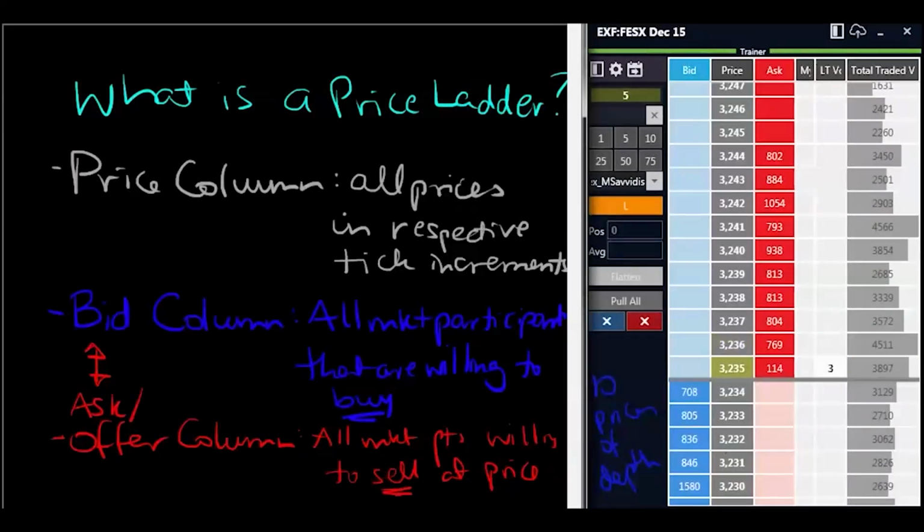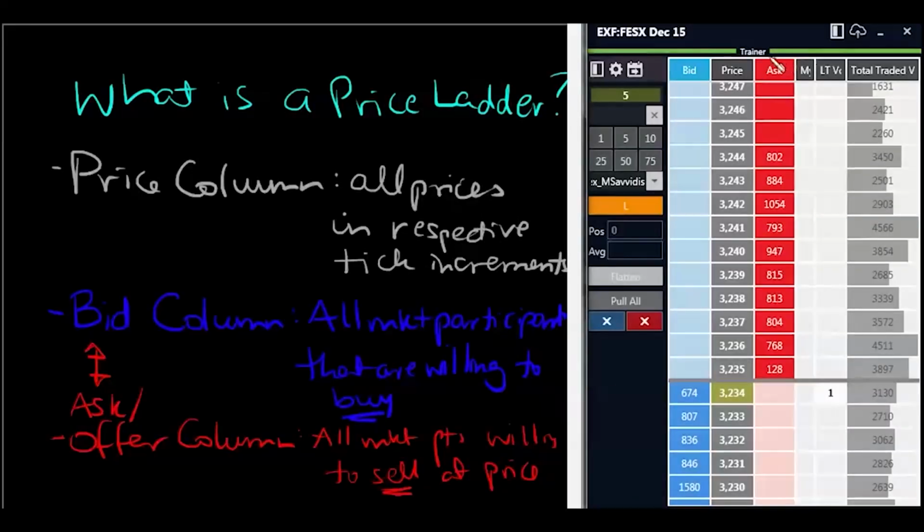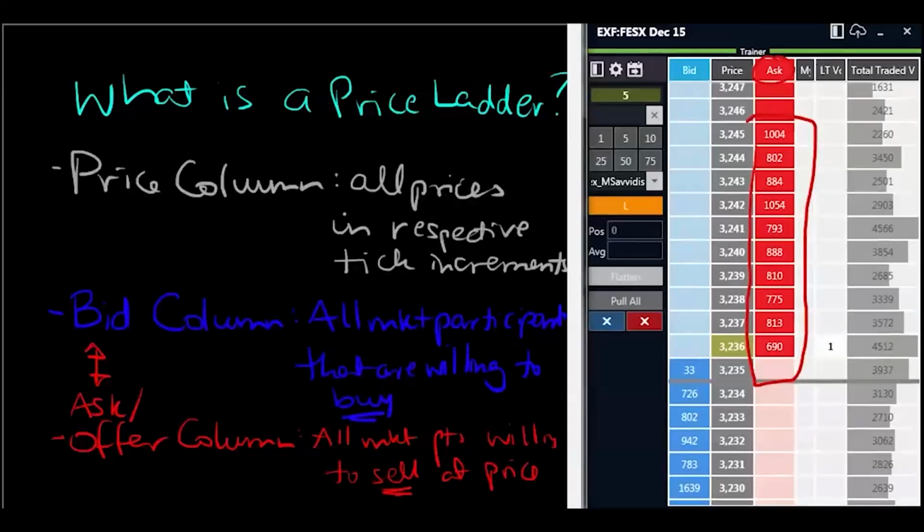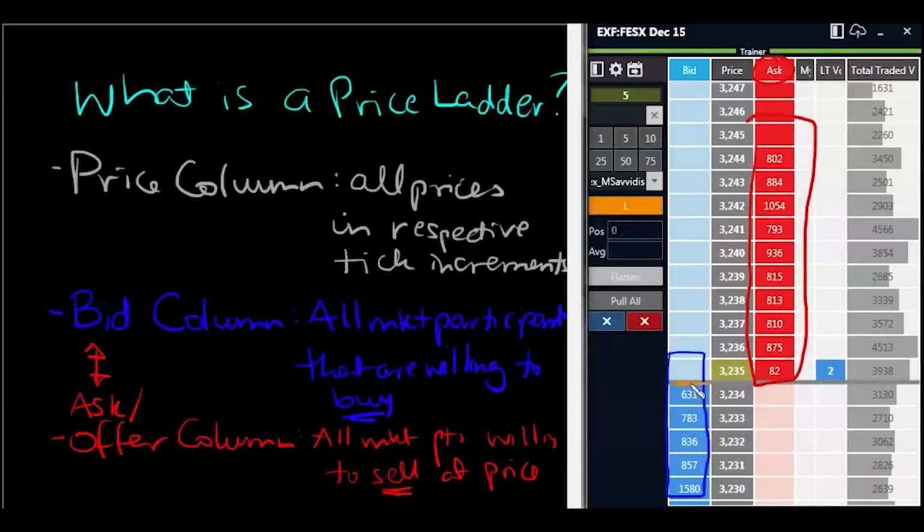Likewise, if we take a quick look over at the columns on the right hand side, you'll see the ask in here, and all of these market participants here are the ones that are willing to sell, with all the market participants here all willing to buy. So where these two meet in the middle, where the bids and the offers meet, is the market. So you can buy at market at 32.35 currently, and that's what's currently been traded. You can buy at market, and you can sell at market at